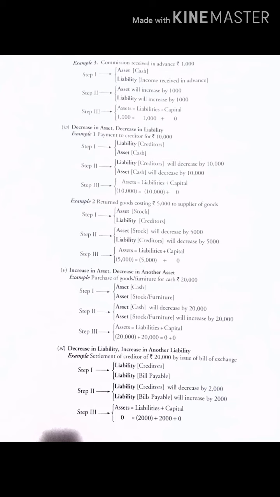If I check this equation, assets equals what? Liabilities plus capital. So liabilities, that means a reduction of 20,000, right? Capital, there is no capital, but then there is an addition of 20,000, same in liabilities, right? See, my one liability, that is creditor, is reduced, that is 20,000 in brackets. Then again I will add 20,000, that is increased bills payable, right? Ultimately it will result in what? 0. There is no capital. So assets are 0, and liabilities plus capital also ultimately results in 0.